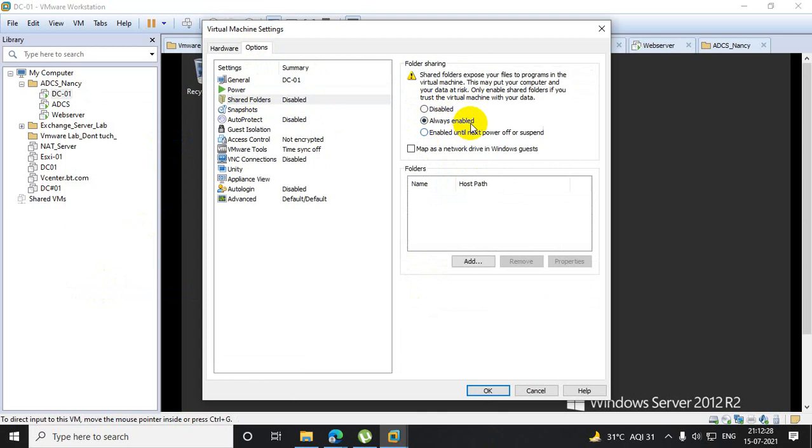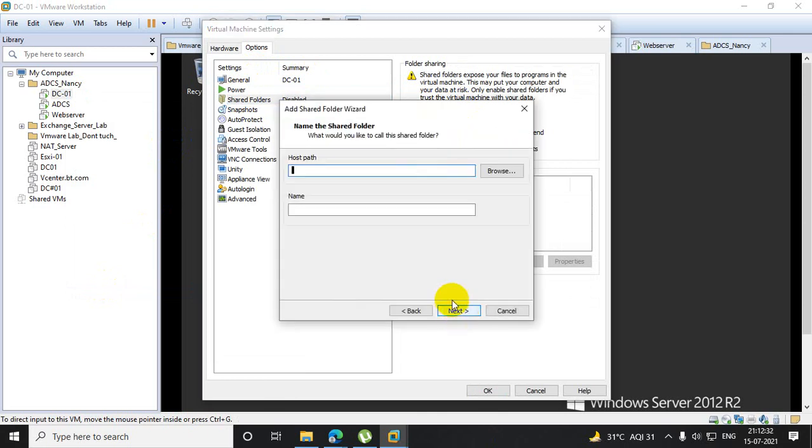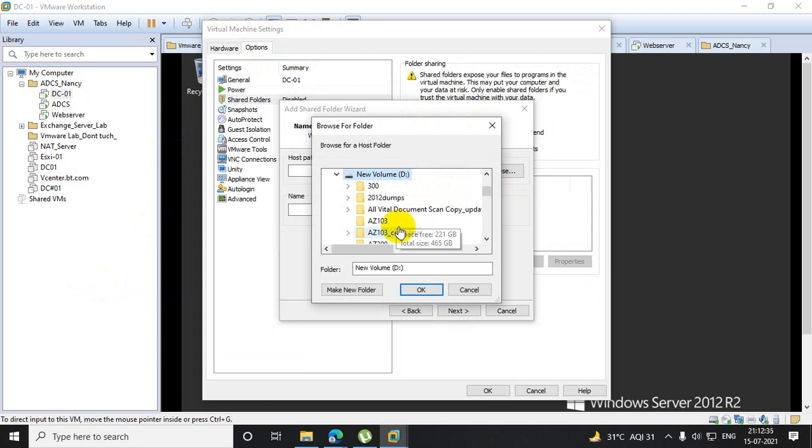Click on always enabled, map, add, and choose the drive, that is D. Do one thing, select the D drive, that's it.